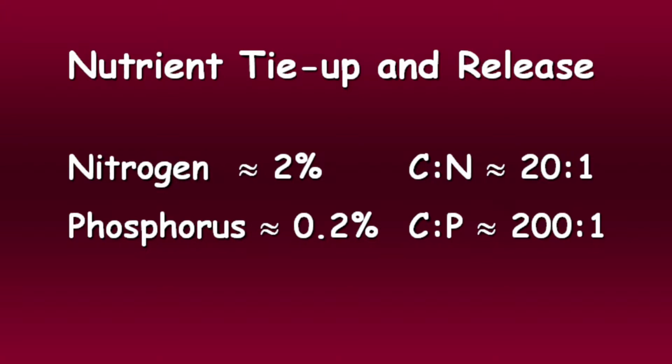So now let's see how this all holds together. To give you an idea, in some organic materials, you've got 2% nitrogen, like a compost. That'll give you a carbon to nitrogen ratio of about 20 to 1. So that is a rule of thumb you can use to estimate and keep yourself out of trouble, either a strongly immobilizing situation or the problem of having too much nutrient mineralized. That's a problem too. And I just have phosphorus up there as a companion. So 20 to 1, 200 to 1 for phosphorus.